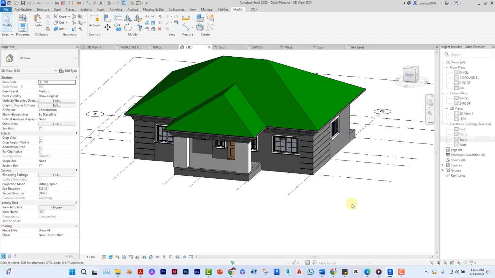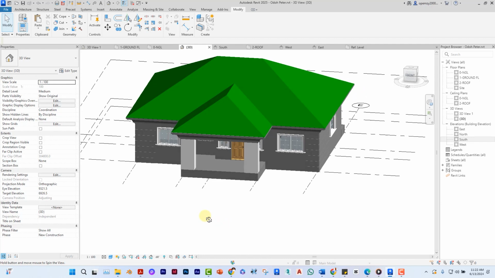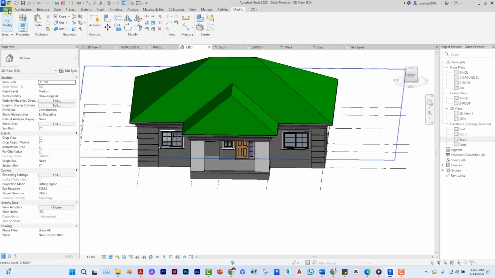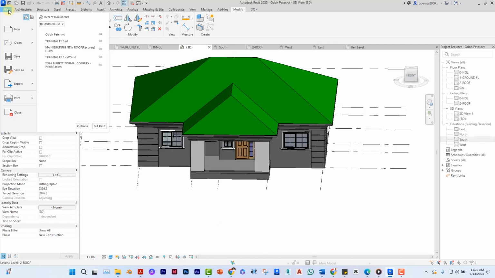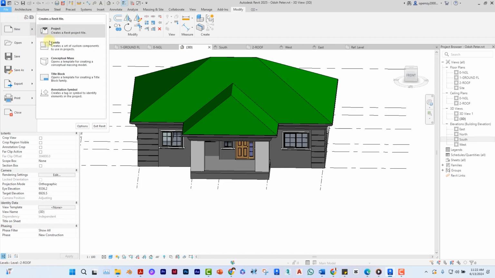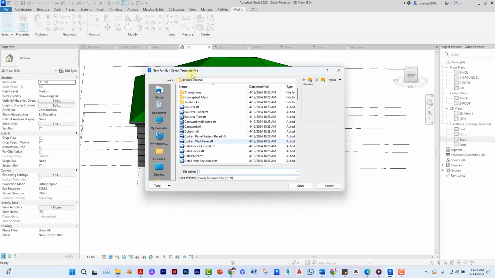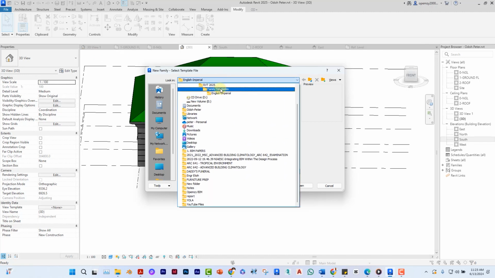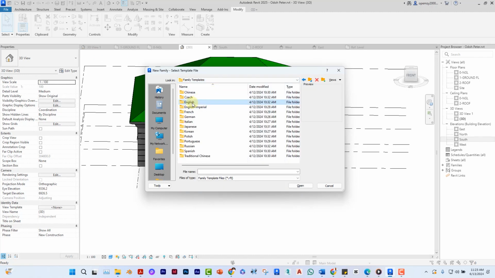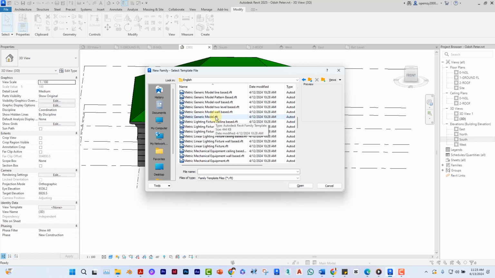You create the profile, then you go ahead to do the opposite of what we've done. So let's just try that out. I'm going to go to File again, New, go to Family. Now, if the family takes you to English Imperial, you need to click back here, go back to Family Templates and go to English. If you don't have these templates to create different families, you will need to download it